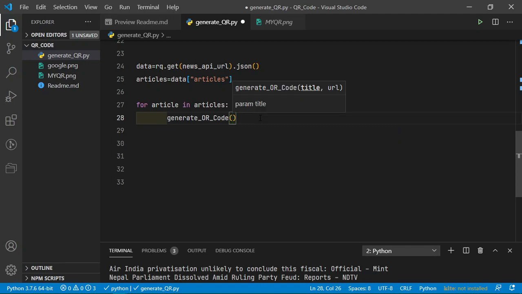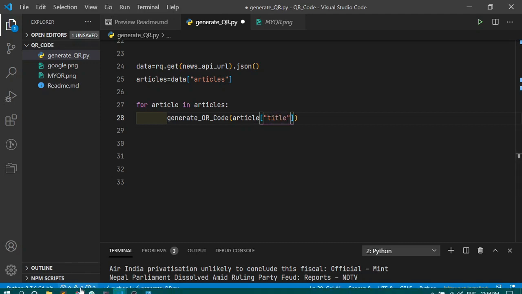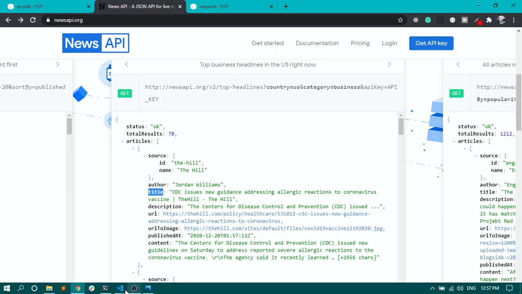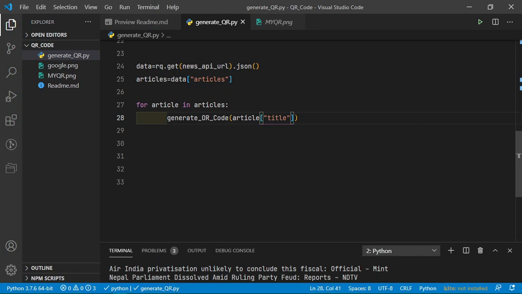So title will be obviously article title, and you can see URL. So we need a URL to article URL. So that's it. So if I just run this, then this should create a bunch of files here, but